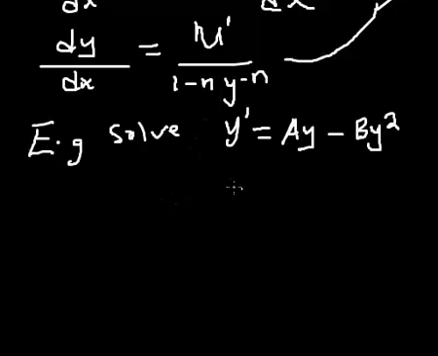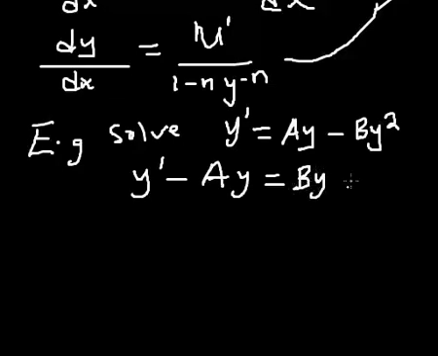Let's see how it works. Okay, how is this particular equation? First of all, if you look at this equation, you notice that this is going to be y prime. If I bring this to the other side of the equation, ay, because I have minus ay, then of course it is equal to by square, as you can see. So you can see now that this is of the form